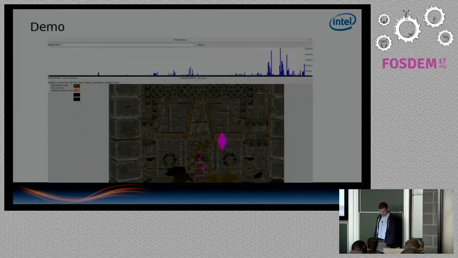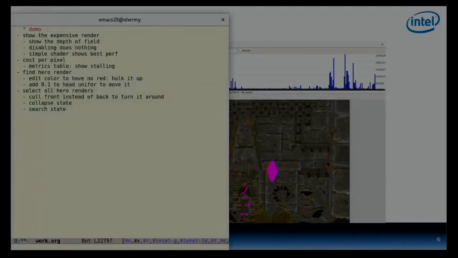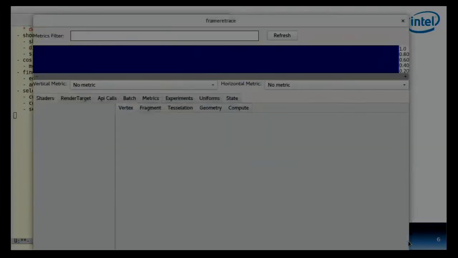So I'm taking a risk. Let's have a demo. Let's see what happens. All right, so